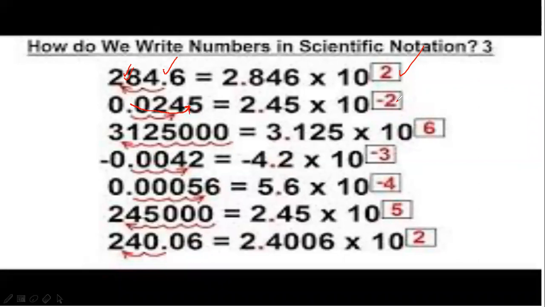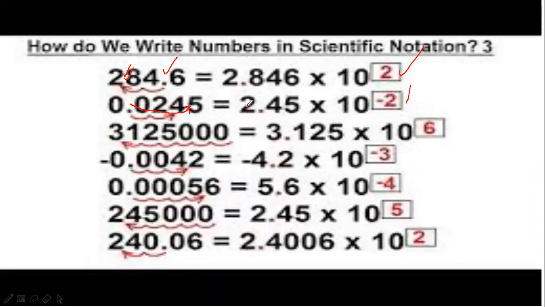So the power should be negative. So 2.45 cross 10 to the power minus 2 is the scientific notation of the number 0.0245, because before the point here,